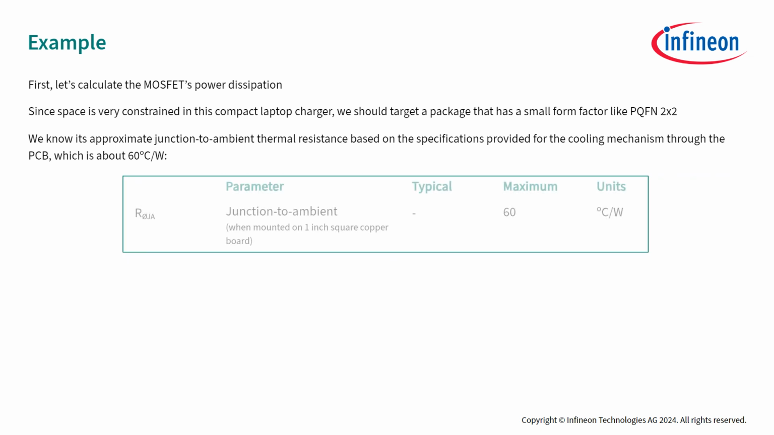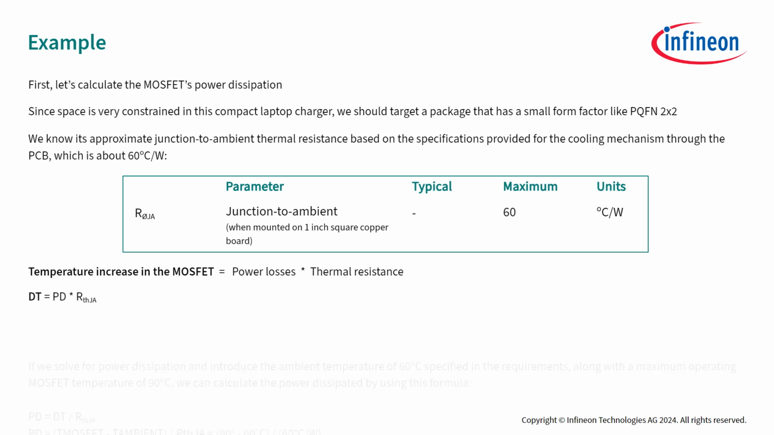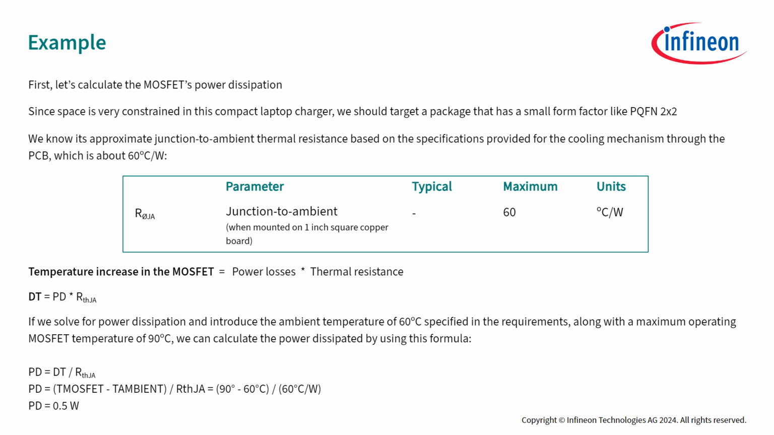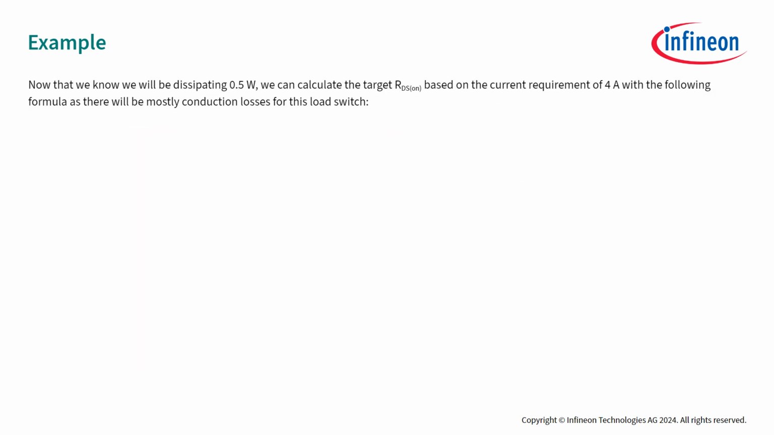Based on the formula we previously introduced, we know that the temperature rise of the MOSFET is defined by multiplying the power losses by the thermal resistance. If we solve for power dissipation and introduce the ambient temperature of 60 degrees specified in the requirements, along with a maximum operating MOSFET temperature of 90 degrees Celsius, we can calculate the power dissipated by using this formula. Now that we know we will be dissipating 0.5 watts, we can calculate the target RDS(on) based on the current